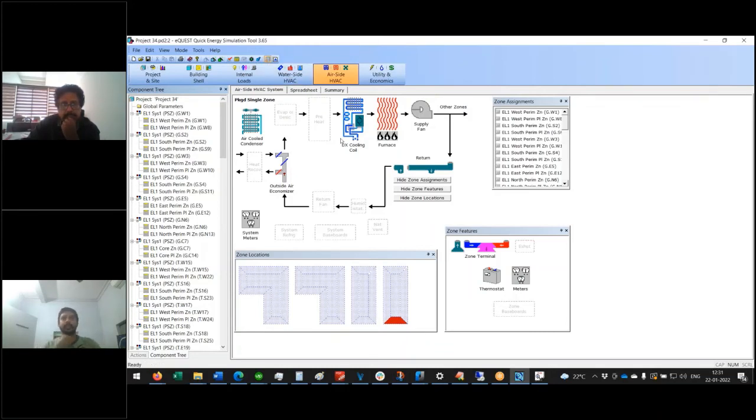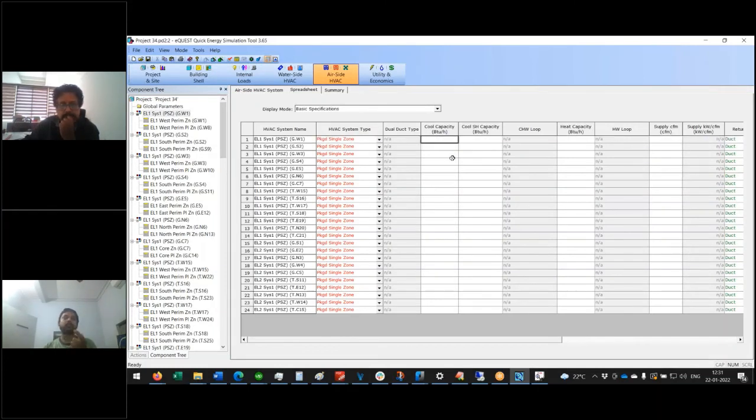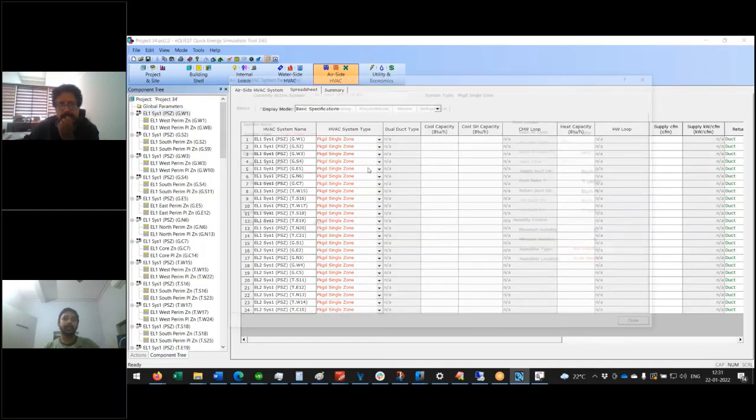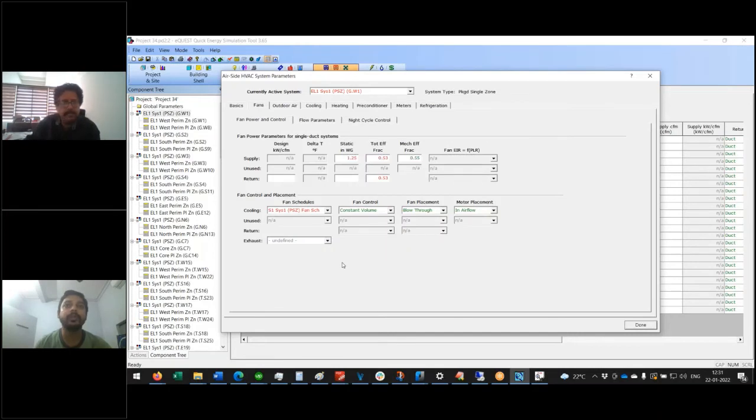So when it comes to HVAC, the minimum required inputs which you should put in your detailed mode is basically, make sure you have your cooling capacity put in. In fact, if I double click over here, in the detailed mode, right click on this, restore default. Make sure you have this fan power. This is for